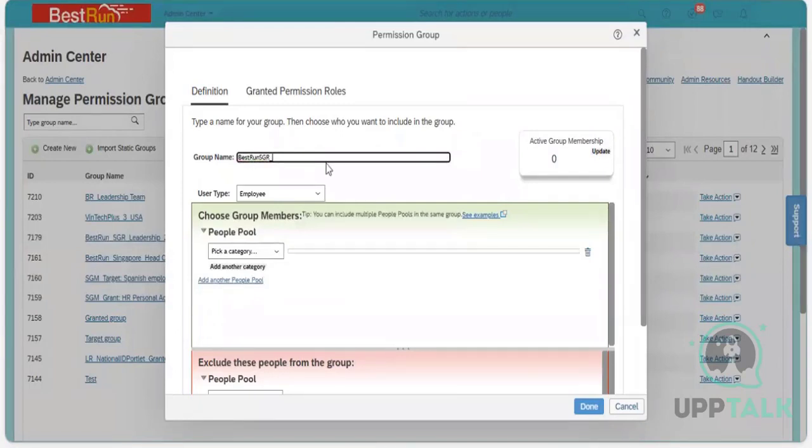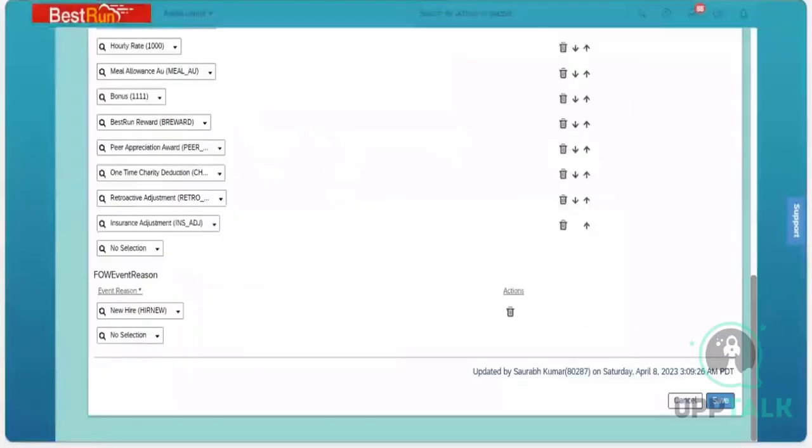Okay, and I'm giving that group name as leadership. Okay, this is the name which I gave, and I need to add a member. Okay, so what I will do,